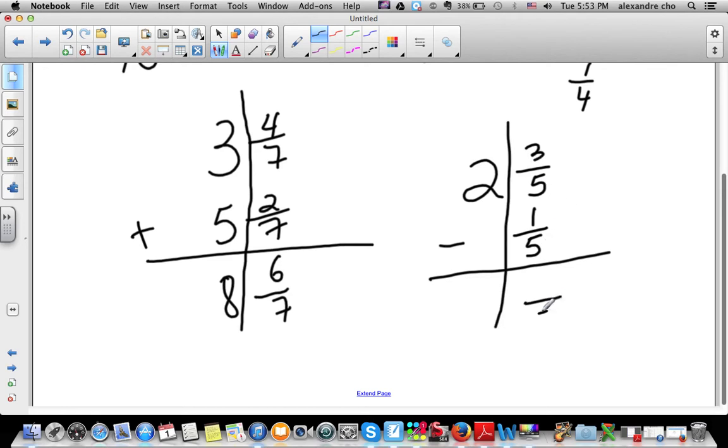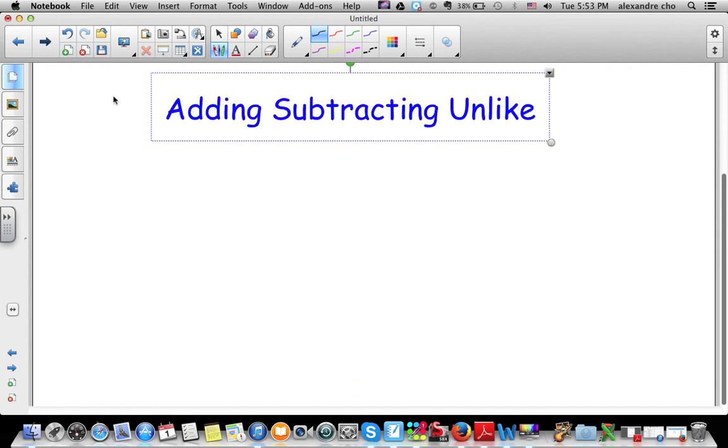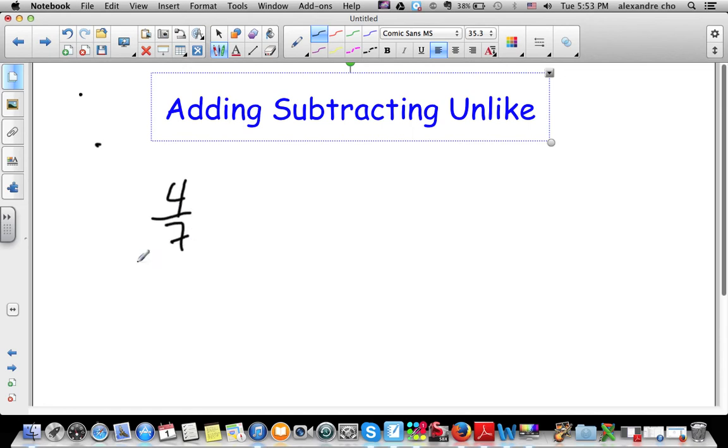Denominators are the same again, so 5 stays, and you do 3 minus 1, which is 2. And on this side, 2 doesn't subtract with anybody, and it's just 2 and 2/5. Okay, so it's pretty easy when our denominators are the same. When they're not the same, let's take a simple example like 4/7